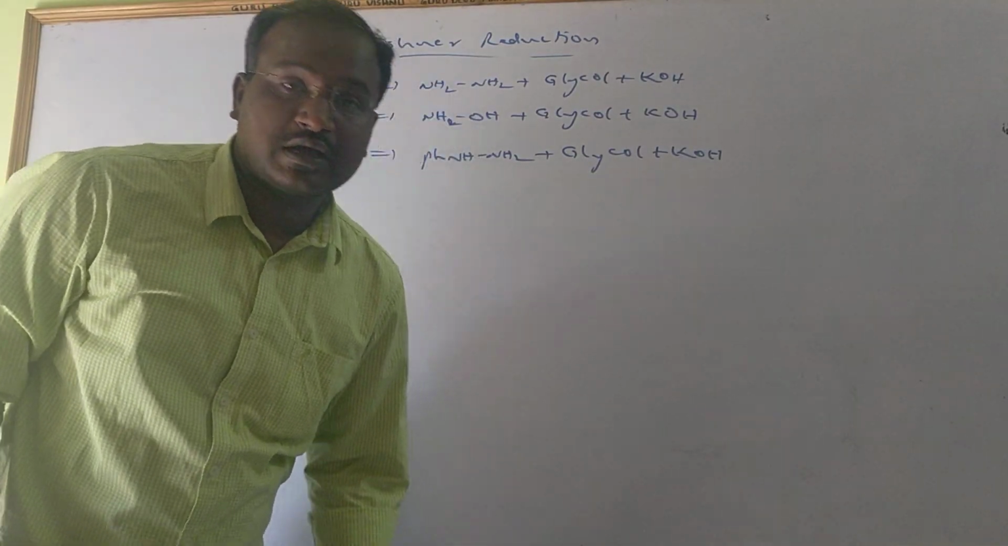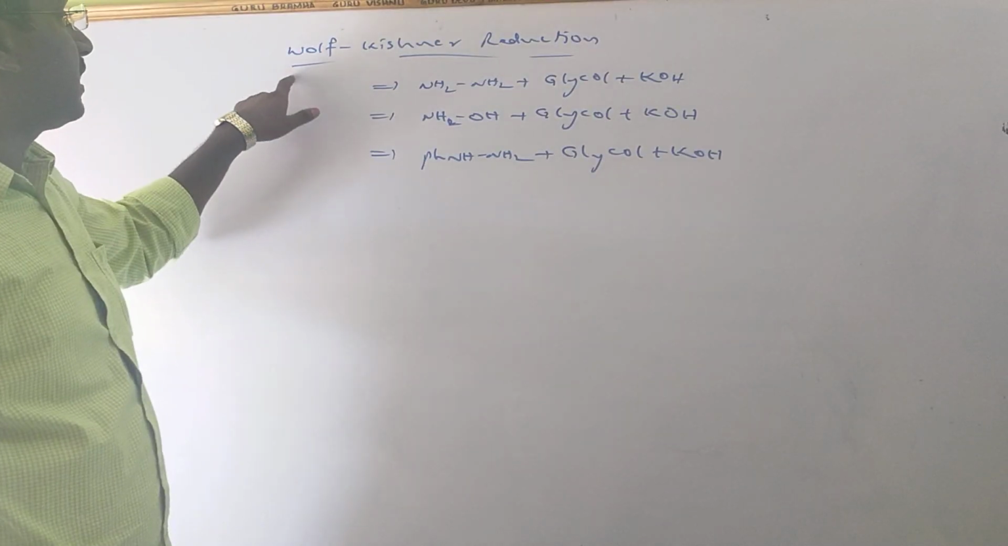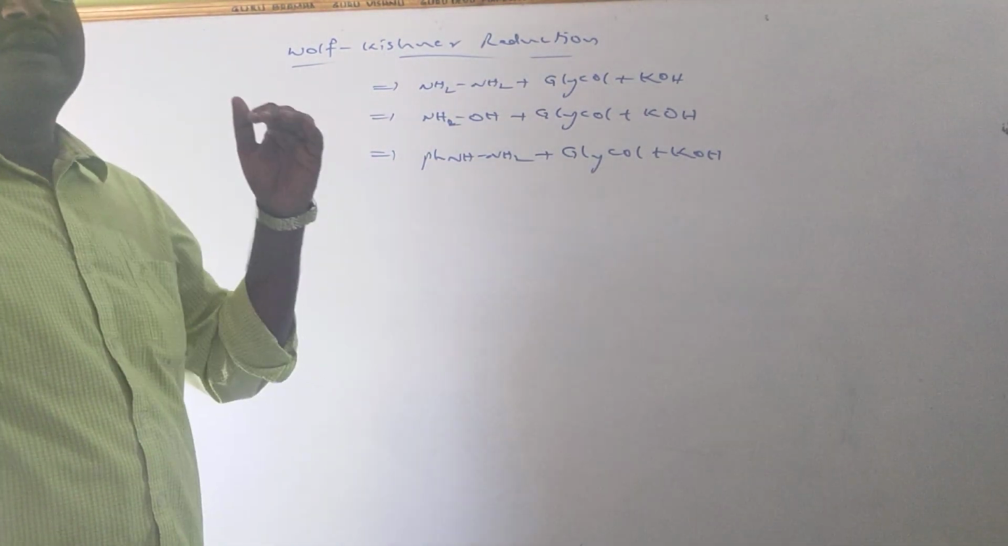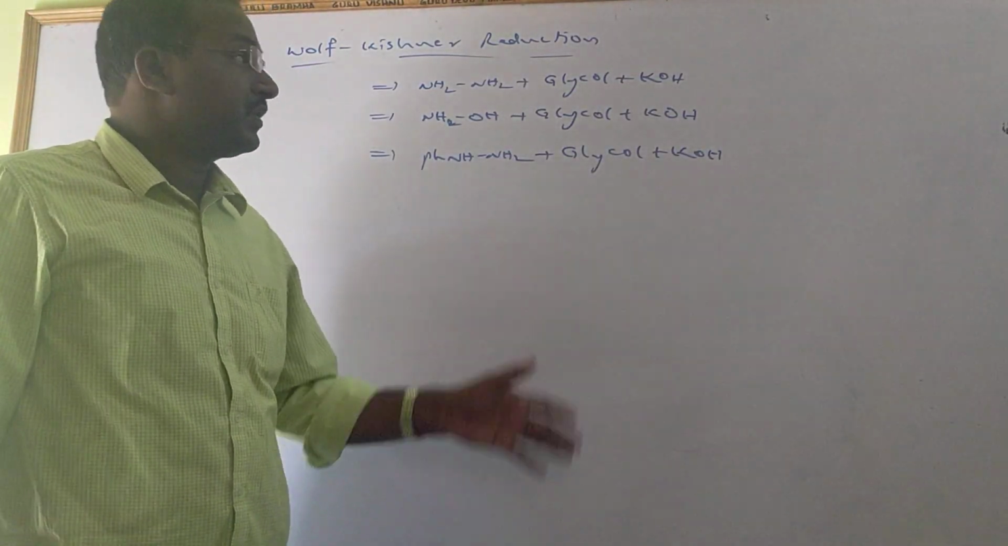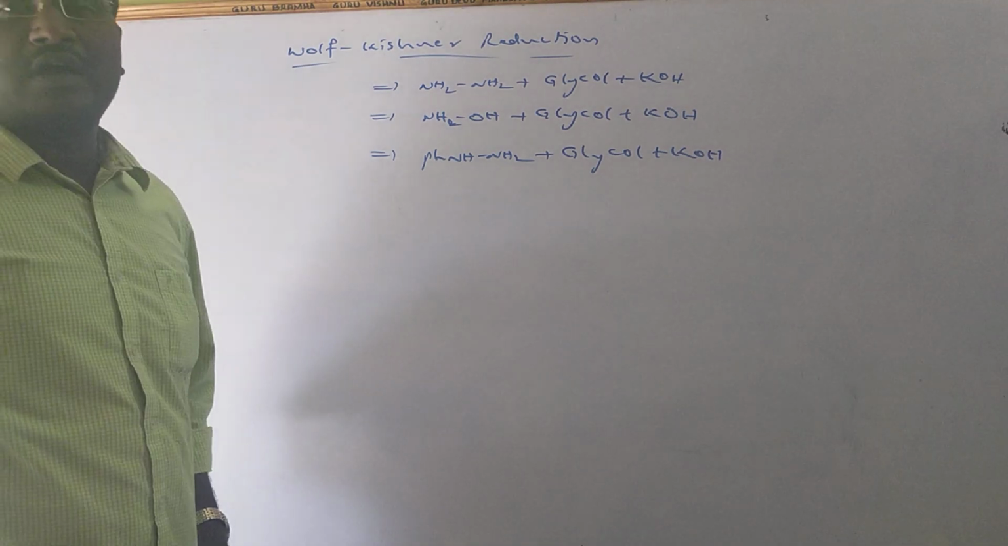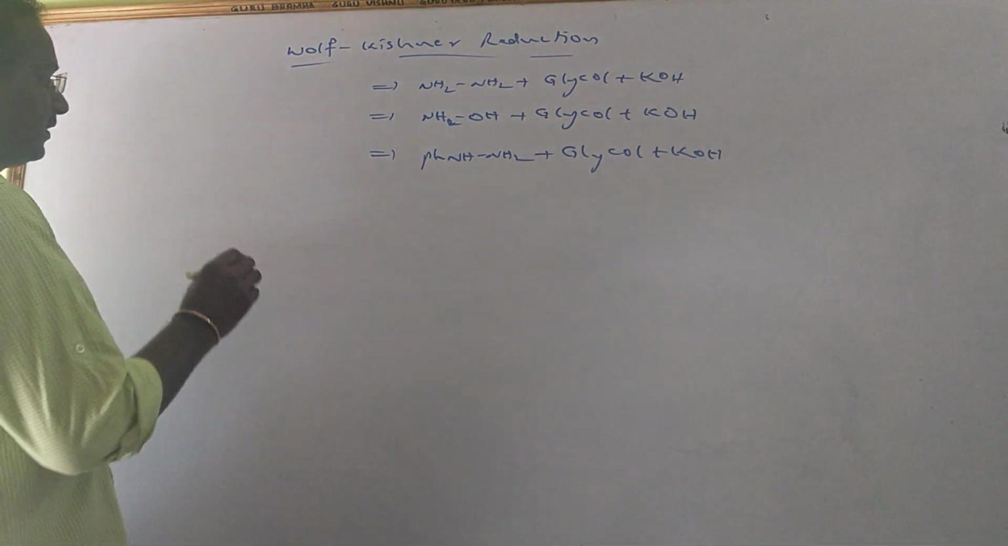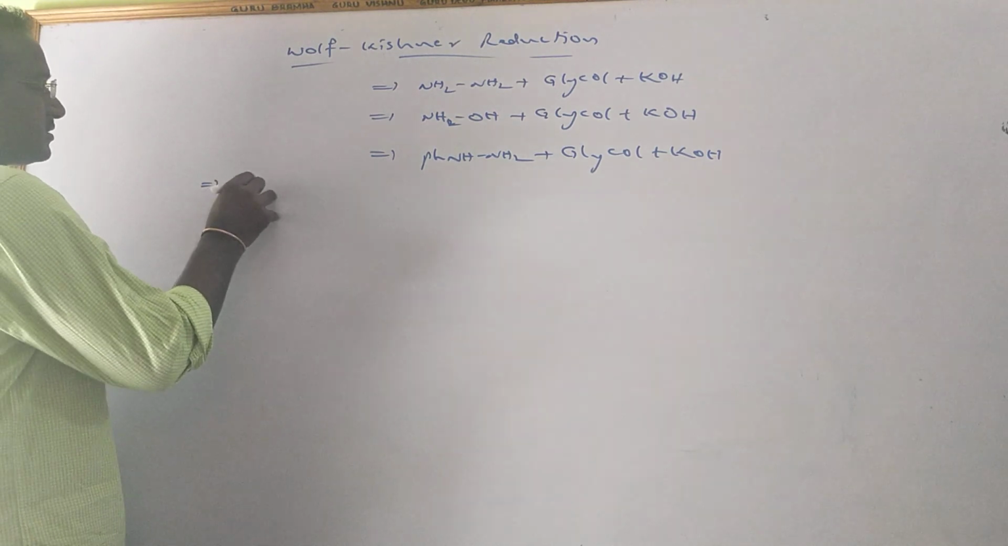Second type of reagent, phenyl hydrazine, PhNHNH2, we can also use in place of any one of these, with glycol plus KOH. These are the 3 types of reagents we can use for reduction of carbonyl compounds under the name Wolff-Kishner reduction. Clemmensen reduction is also one type of reduction, in acidic medium, and Wolff-Kishner reduction of carbonyl compounds is in basic medium. So what will happen? It reduces